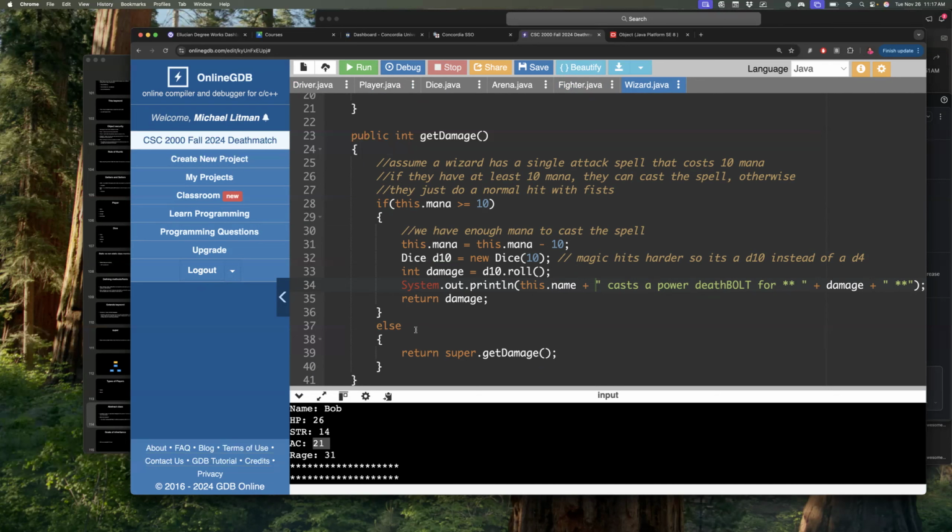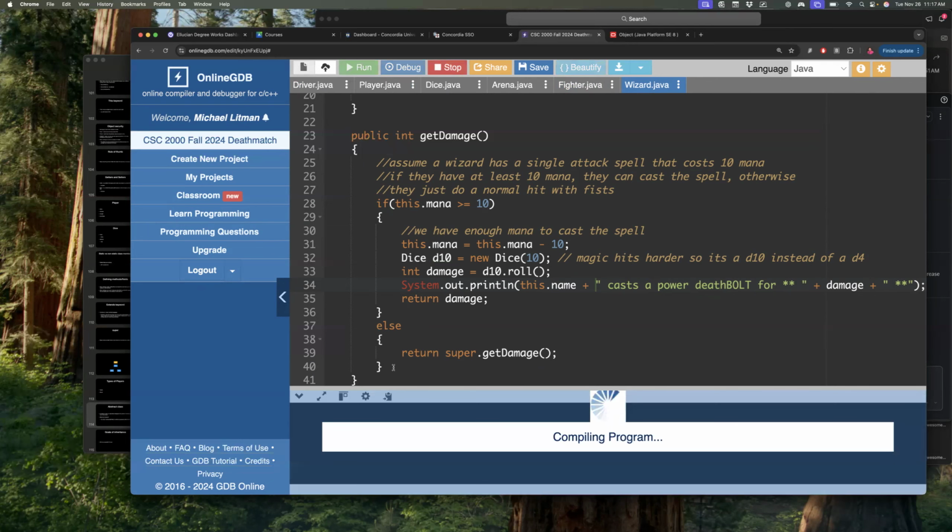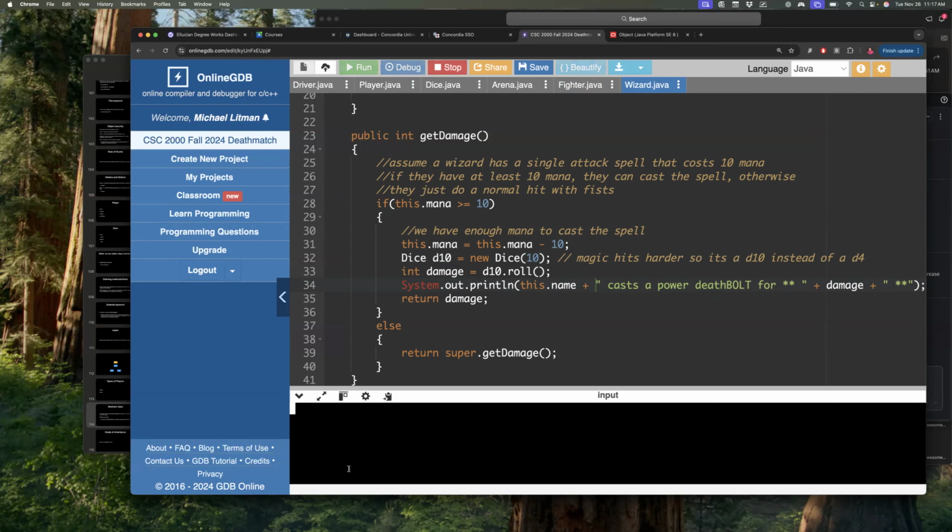All right, so our wizard here is in trouble. He's never going to get a spell off because Bob's too tough for him. So let's run this again. Maybe get him a little bit lower armor class. All right, so now, oh, that's Chuck with armor class 6. Okay, Bob can be hit now. Ah, here, Chuck casts a power death bolt for 5. All right. And then what you could do is you could even further,